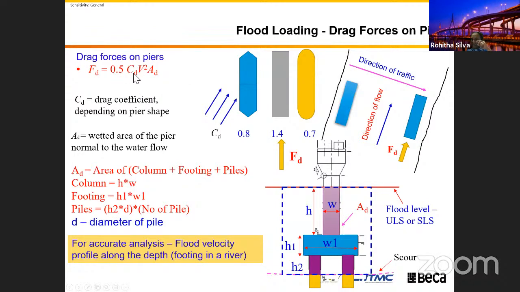This 0.5 is always in kilonewton, because the density of water is 1 ton per cubic meter, or 10 kilonewton per cubic meter. So then this factor times CD and V squared AD, this CD value, the drag coefficient